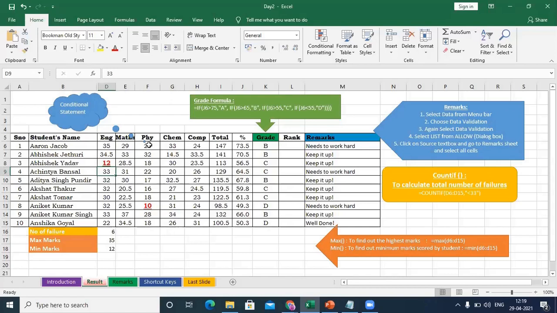Now, later on, when you have to write at the end how many total students are failing in your class, normally, if you have 40 students, you will start counting 1, 2, 3, 4, how many students are failing. You don't have to count, only put one formula and it will automatically come.